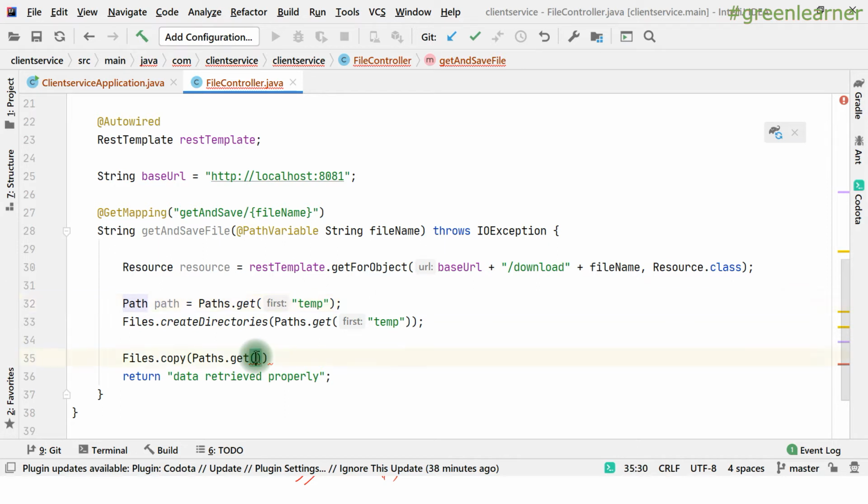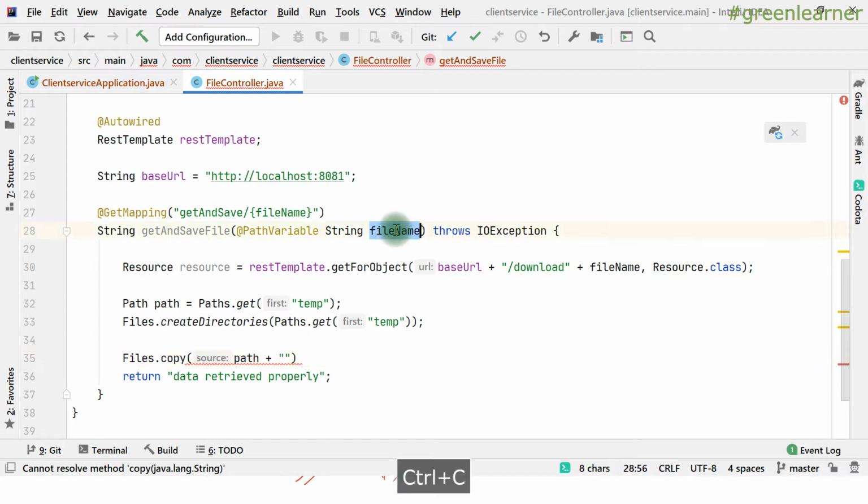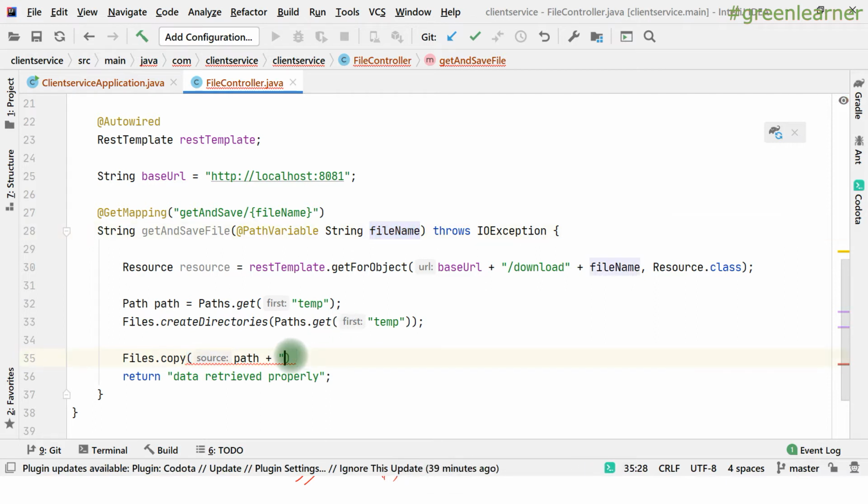So to use that, path plus I have to give the name of the file by which I want to save it, right? So just keep the file name that is there, give the name here. So this is the separator and this is the file name that is here, right?